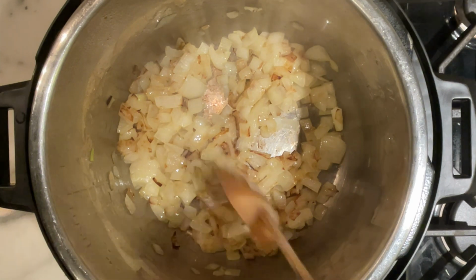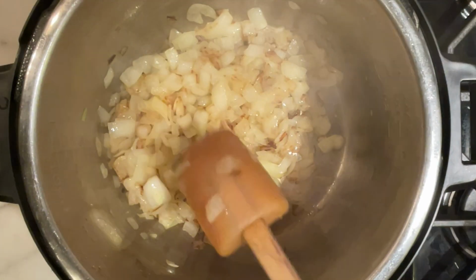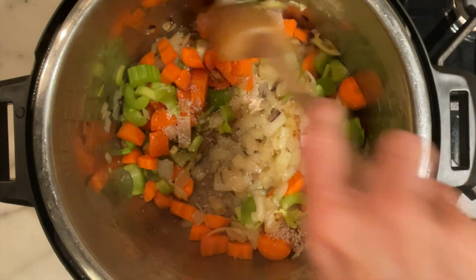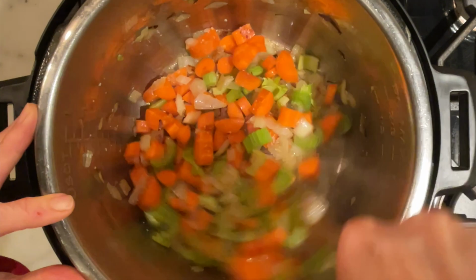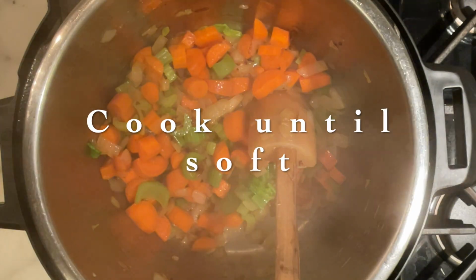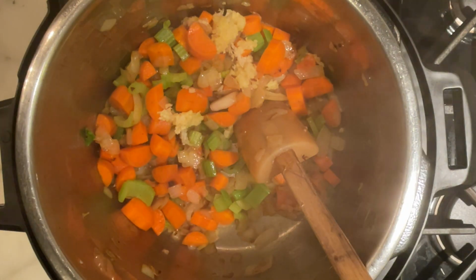The onions are looking just about ready. It's time to add to the pot our carrots and celery. Lightly salt them as well and give them a good stir around the pot until they are nice and soft. That's going to be about another 5 minutes or so. Once that's done, you're going to add the garlic and the basil,